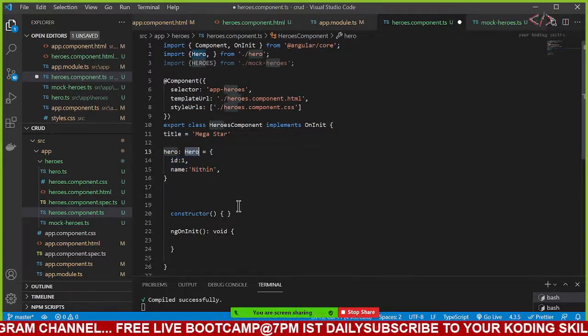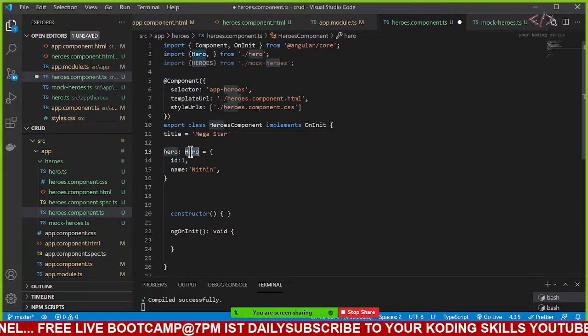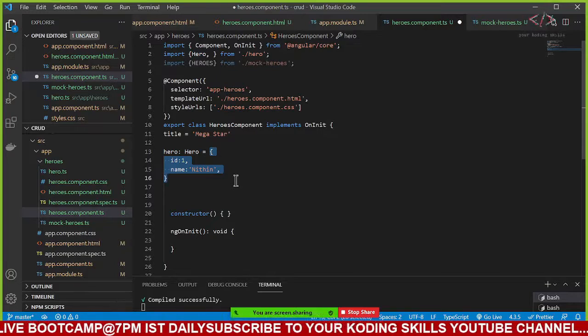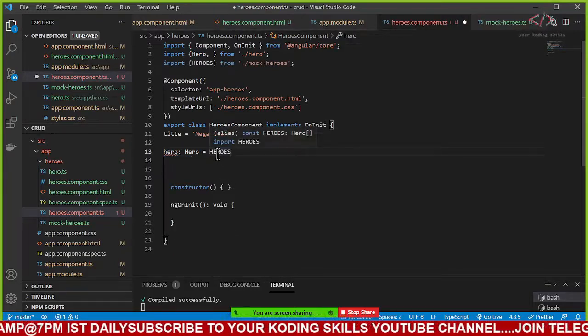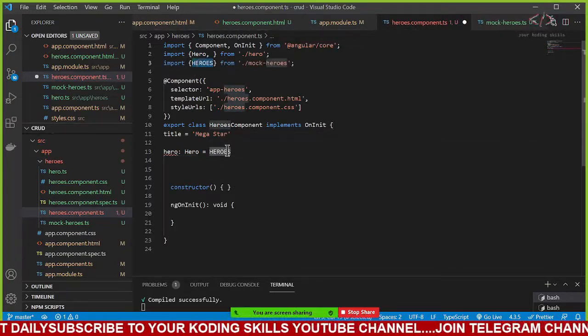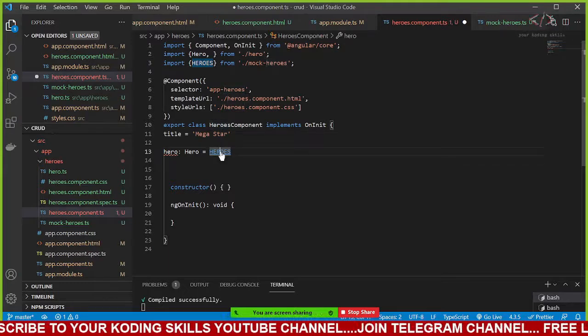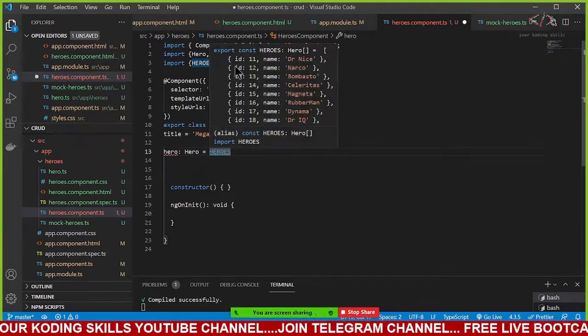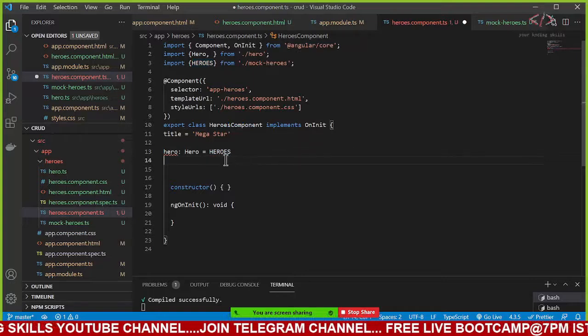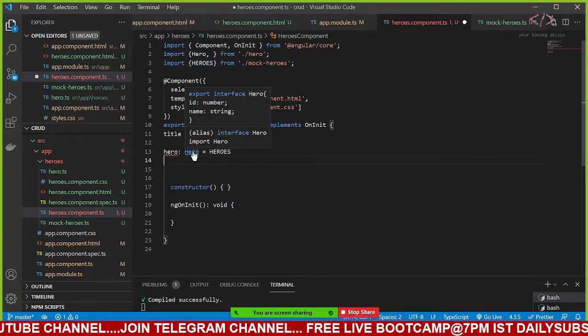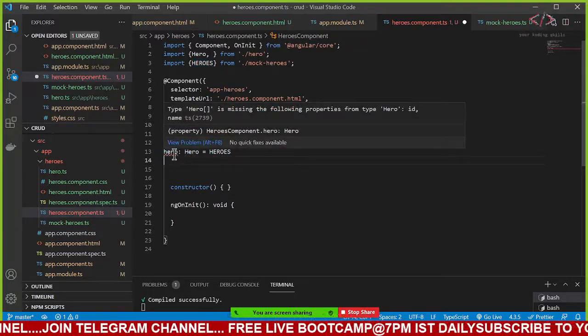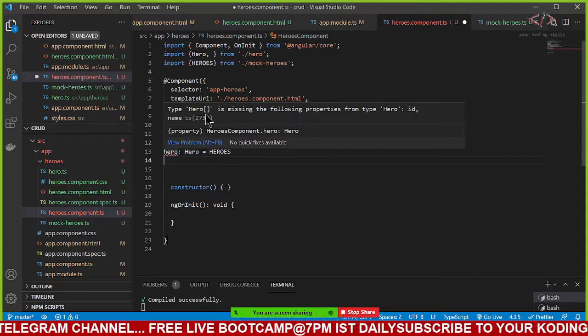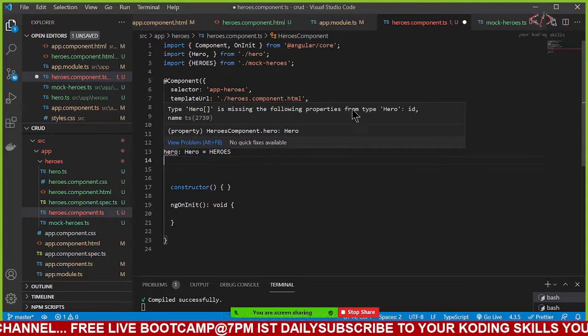Here I don't have to declare it as a hero. If you want, you can declare it. Now let me copy this one and paste it. See, I'm getting heroes. Where is that heroes coming from? This heroes is nothing but mock data, a list of data. Now if you see, I'm getting one more error. It's still saying the same thing: a hero is an array, is missing the following property from type hero.